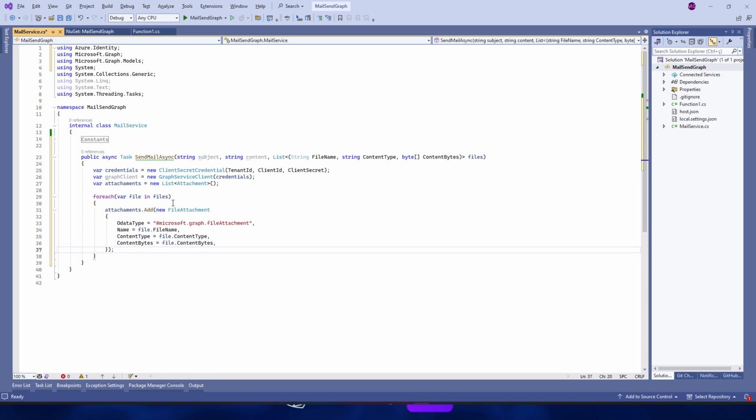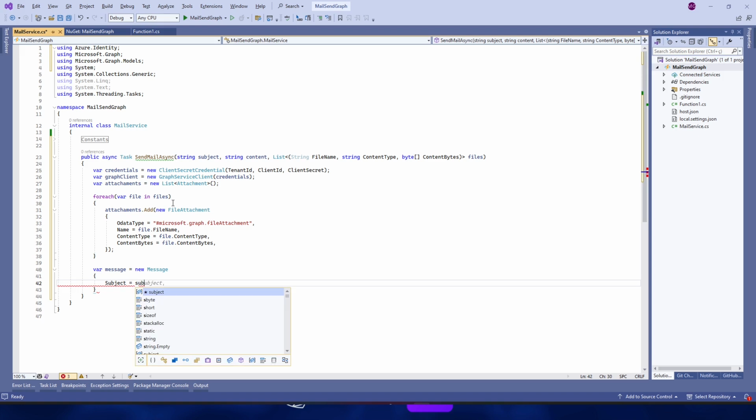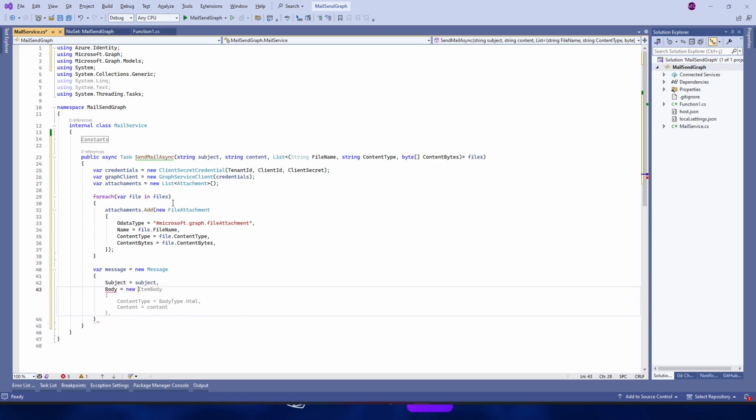Let's create our message variable: var message equals new Message. Subject equals subject. Body equals new ItemBody. ContentType equals BodyType.Html. Content equals content.